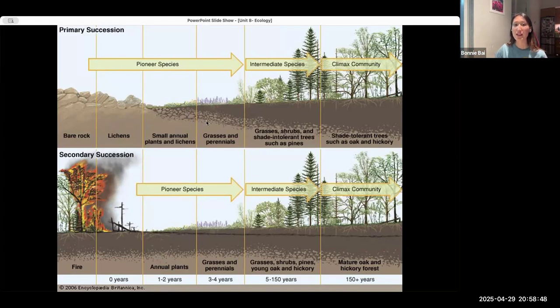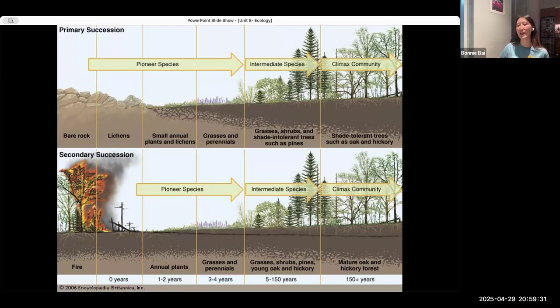Once we have the little plants, animals, insects, bacteria, they'll all start visiting the area. They're there now. So then the ecosystem is able to really flourish from there, starting with the smaller plants, slightly bigger plants, and then eventually, given enough time and a good enough environmental condition, it will grow into potentially a forest if it was in a forest system, but really just an ecosystem that is stable, where the diversity of the ecosystem is really high. The richness of the ecosystem is really high. We call that a climax community.